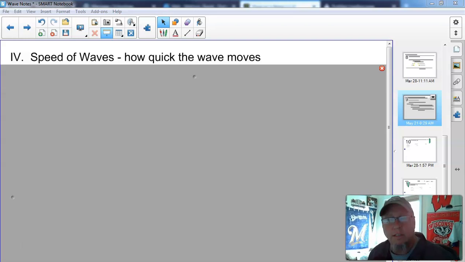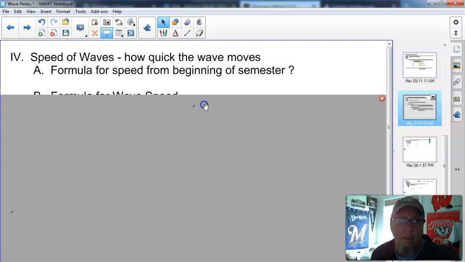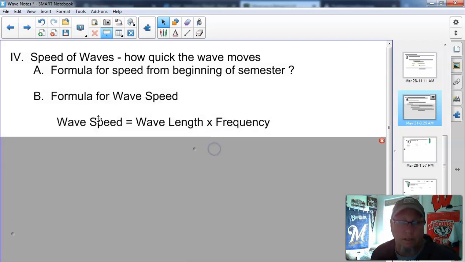At the start of the semester we covered speed. We said speed was distance divided by time, and what I want to show you is we're still using that same formula. Speed is still distance divided by time. So what you get when you're looking at this is you have to take the wavelength